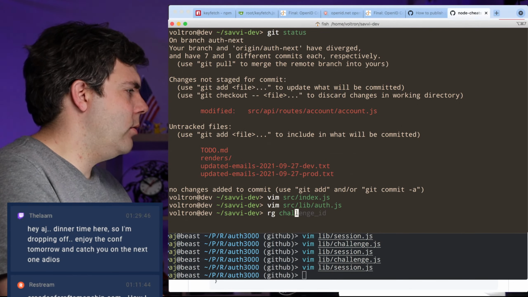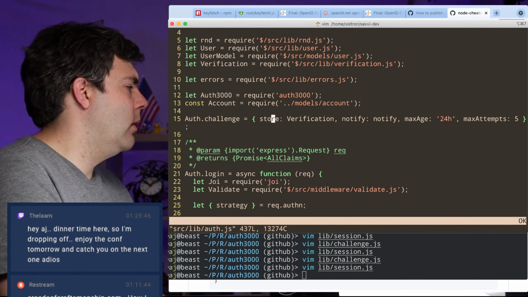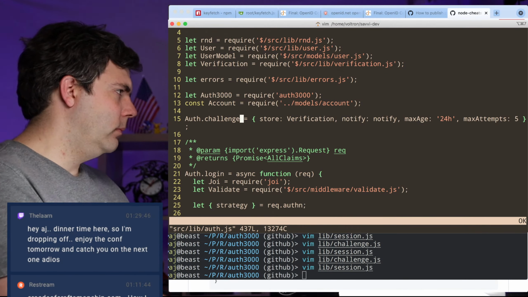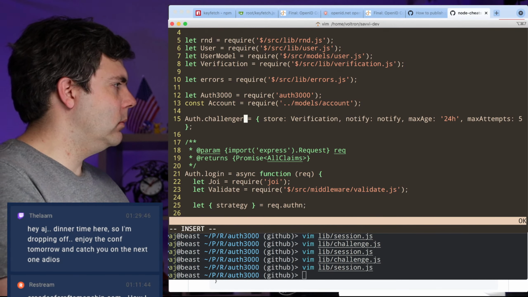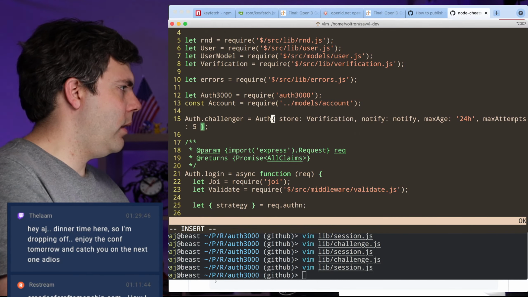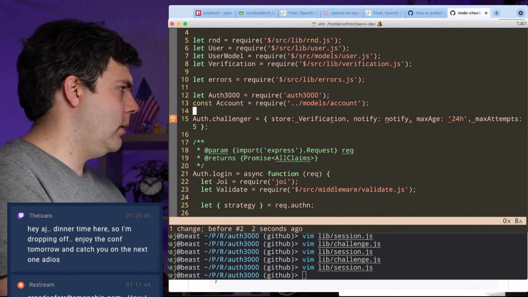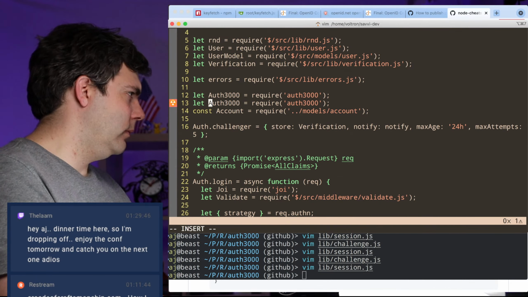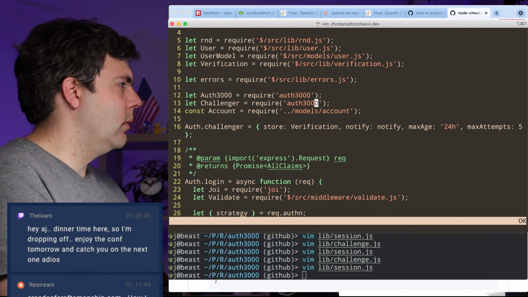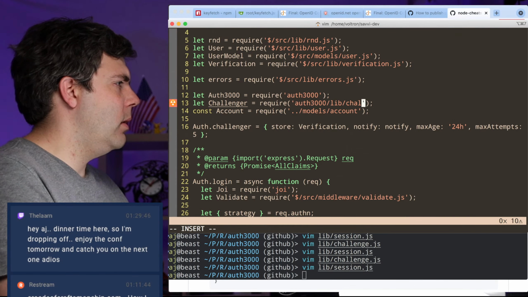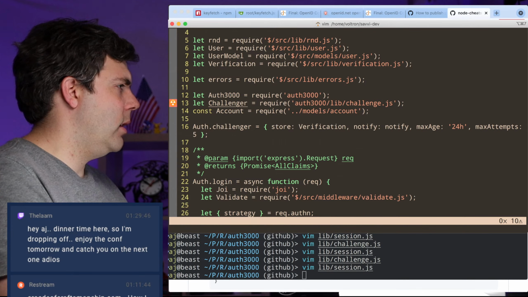Let me see if I've got challenger anywhere else in here. Nope. Okay. Auth 3000. Let's see, lib challenger challenge.js.